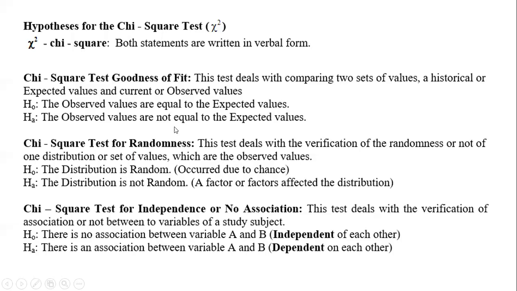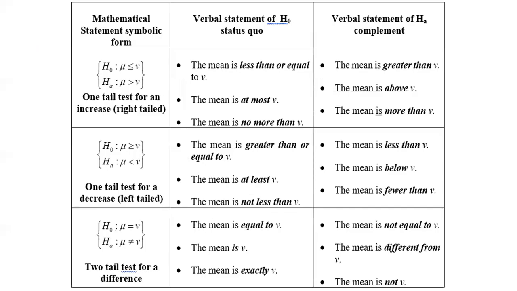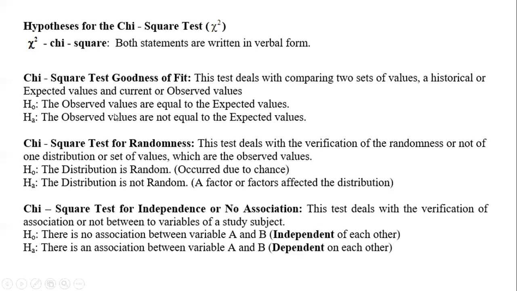For the chi-square test now, the hypotheses, the H0 and the HA, the null and the alternative, will remain in worded form. So this will be the hypothesis for the chi-square test for variation. This will be the pair of hypotheses for the chi-square test for randomness, and this will be the pair of hypotheses for the chi-square test for independence. So for the chi-square test, here they are, the pair will remain in worded form. So that's the first step, a pair of hypotheses. For the z-test, words to symbols, but for the chi-square, it remains in words.